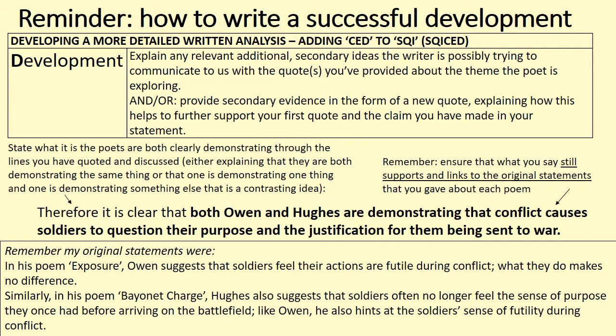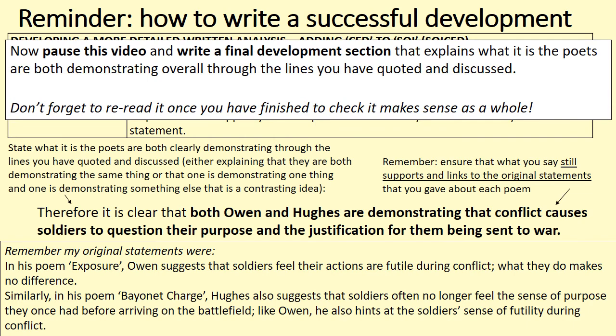So I've said, therefore, it is clear that both Owen and Hughes are demonstrating that conflict causes soldiers to question their purpose and the justification for them being sent to war. That is the overall effect that they want to communicate to us. All right, it's quite a nice and simple sentence at the end, just to conclude. Therefore, it's clear that Owen and Hughes are either showing this and this, or showing the same thing, and here is what it is. Okay, so I'm going to ask you to pause for the last time,